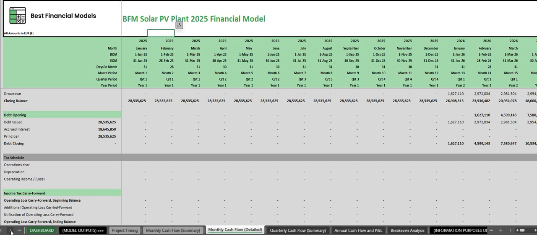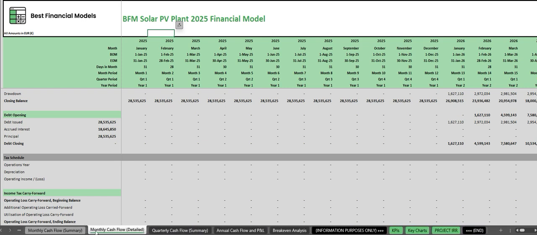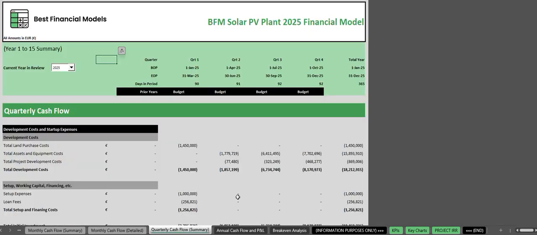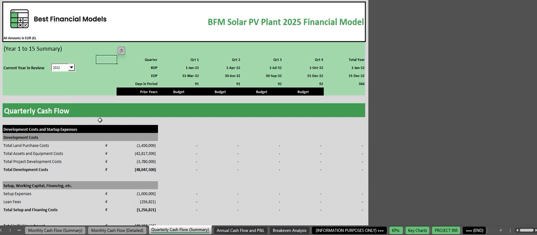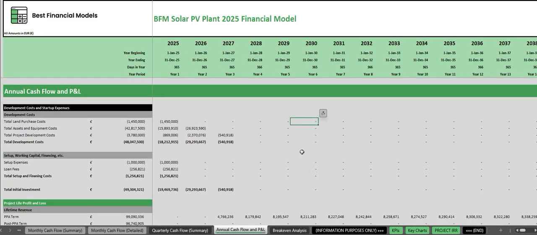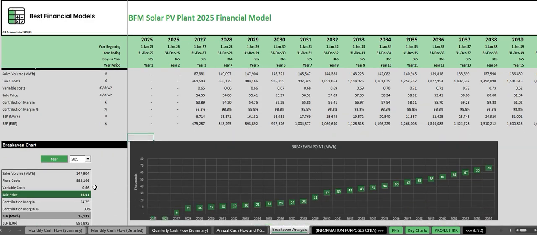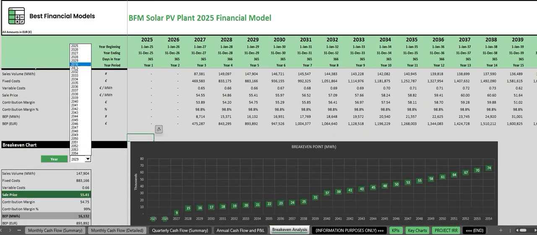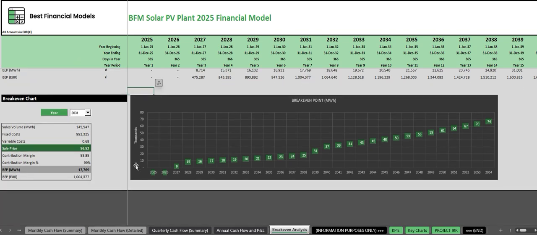If you move down the template, we've also, as a value add, included quarterly cash flows. Some of our clients want to see on a quarter by quarter basis, and once again over a 15-year period for purposes of this value added sheet. Annual cash flows over the 30-year period, break-even analysis. Here you can see over the 30-year period as well. It automatically shows you what the sales volume should be, the sales price, contribution margin,